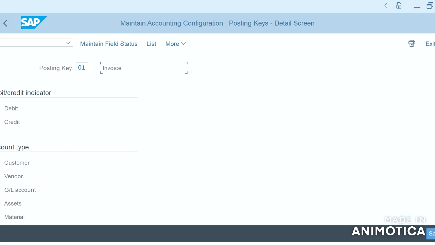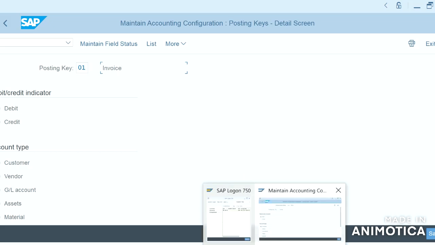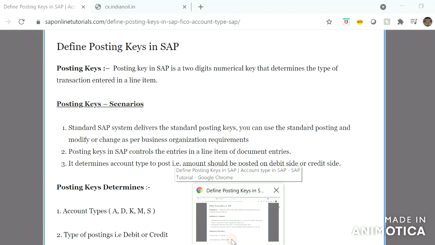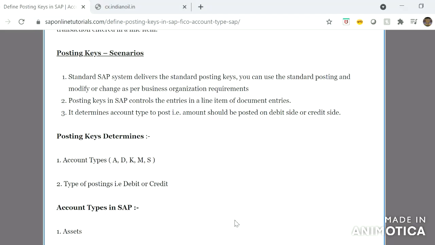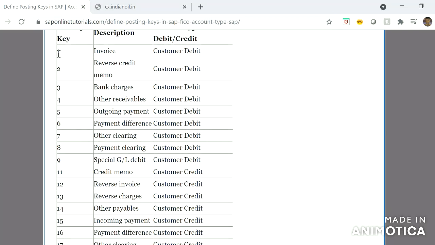Just to memorize the keys, I have found some. We have just seen 01, which is customer debit and it's an invoice.